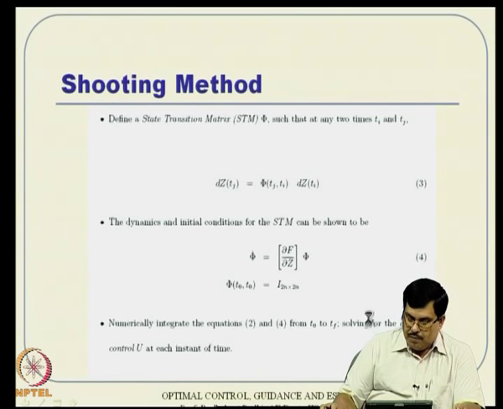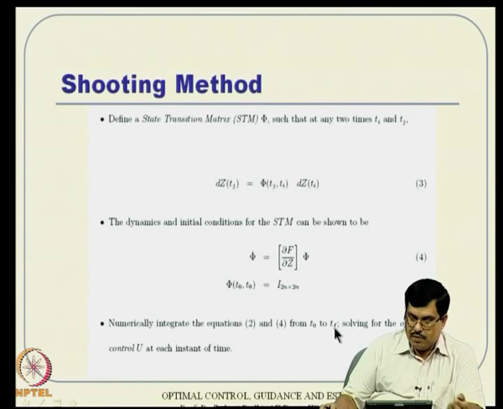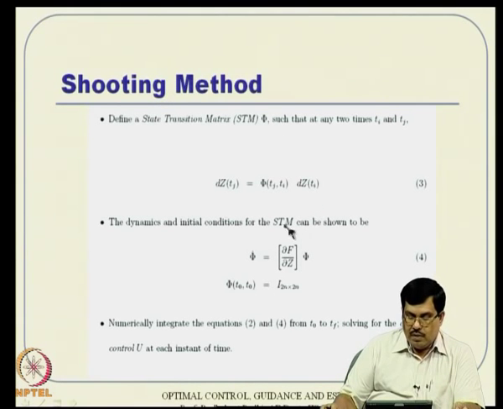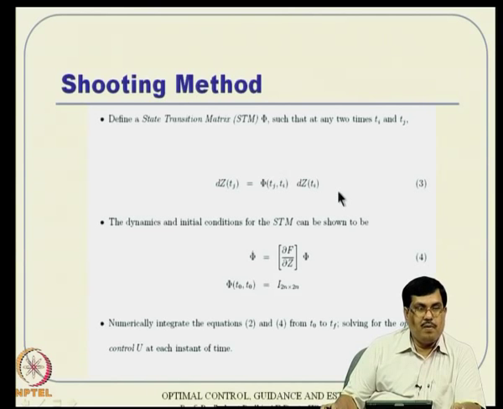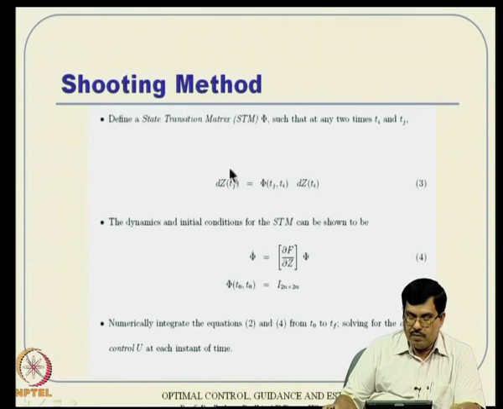Now, we have a linearized version of the dynamics, but remember that del f by del z is not a constant matrix. It is a time varying matrix. So we cannot write a closed form solution of e to the power At and things like that. What is the usual way for time varying linear systems? We know that it can be written in the form of a state transition matrix. We have this linear equation, but there is a time varying matrix involved, and because of that the solution turns out to be something like this.